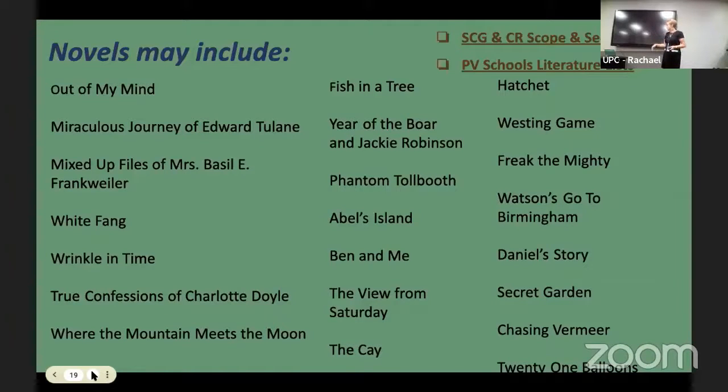We also have a variety of novels that have been approved through the district process for use with our students. Now, obviously, your student isn't going to read all of these books. They're going to read a select group. And you've got a list that went home that let you know this year these are the ones that your teacher has chosen that they're going to have their student read. Also on here, we have the self-contained gifted and the content replacement scope and sequences. If you're interested in those, you're welcome to click on that link when you get them and look at those,